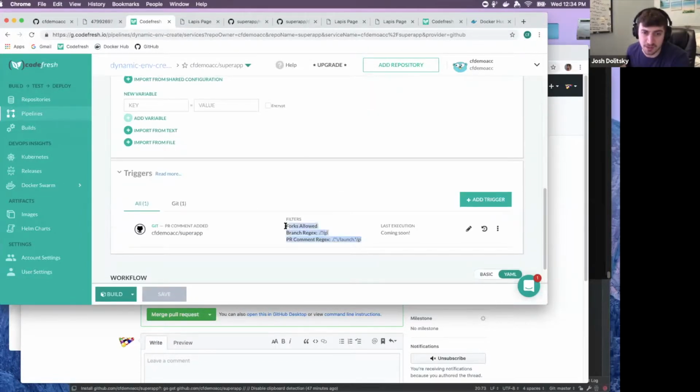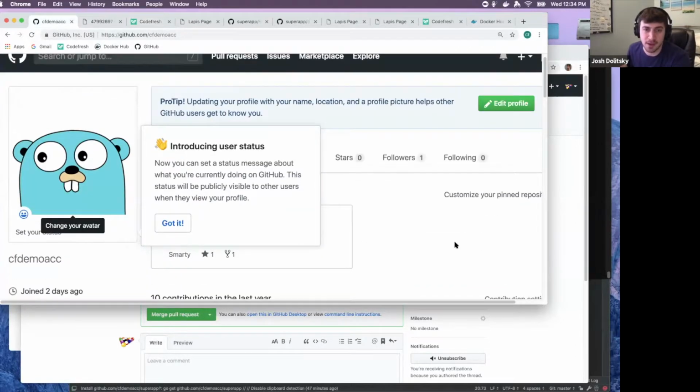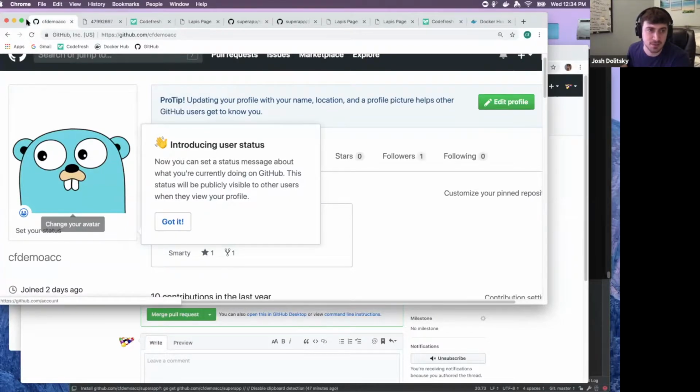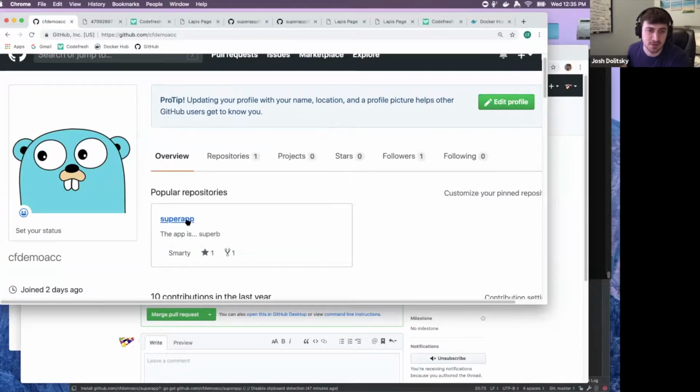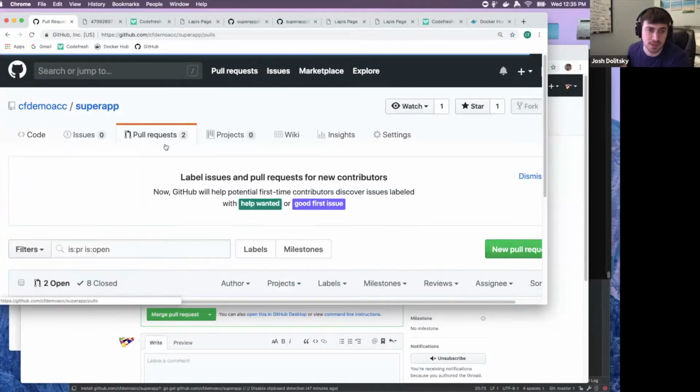This is what that looks like. You're setting up pull request comment added, forks allowed, so coming from my account versus the CF demo account, and then saying if an owner says /launch. So I'm now logged in as this person, and if I go to the pull request